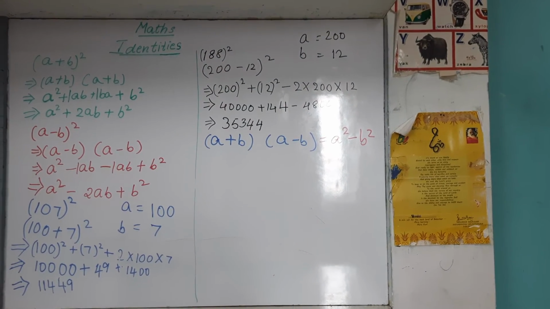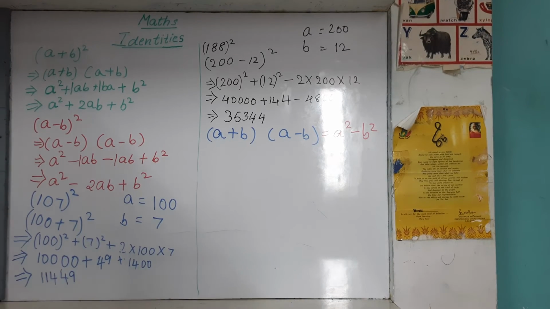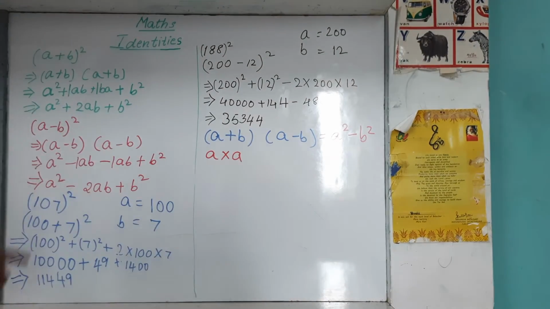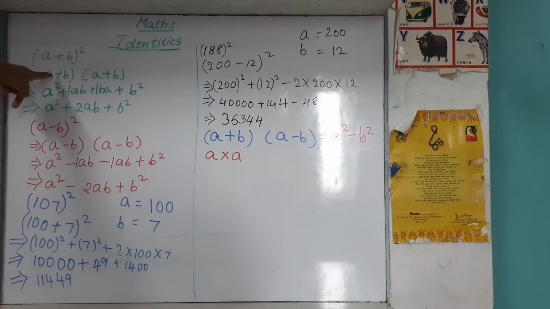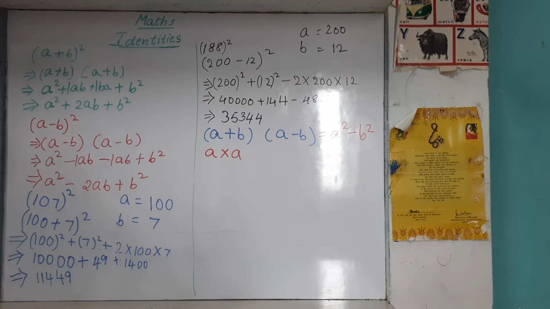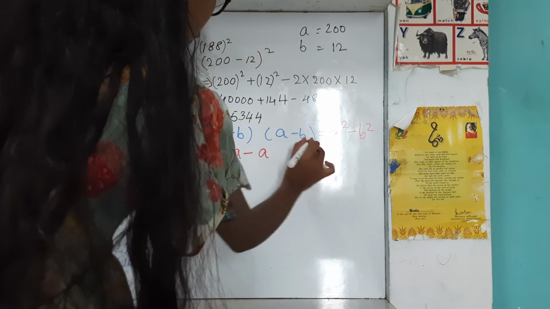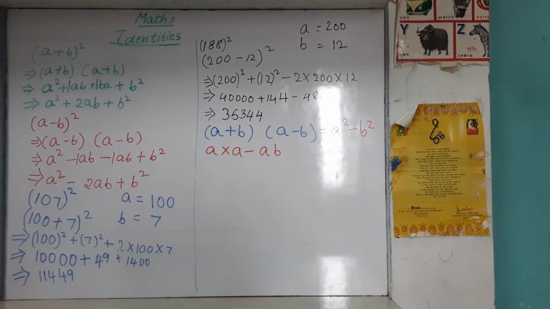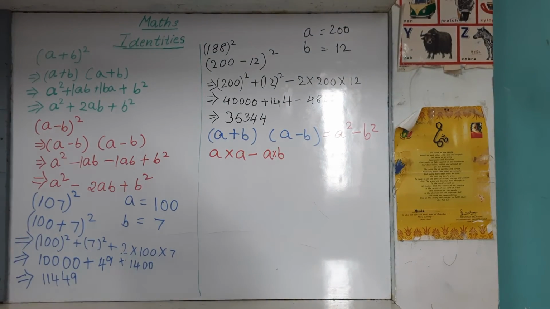To derive this, let us again multiply each term with each number. So we have to multiply a into a. So first a into a, so it is understood that a square. Here also I wrote a into a, but I didn't write the symbol. But I am writing it, and minus a into b. Here ab is also meant by a into b. Let me also write the into symbol for your understanding. Plus.